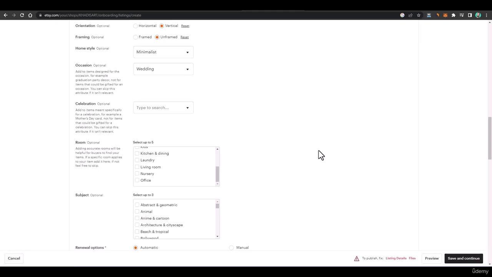You have to create multiple arts and just post them here, and you can join the Etsy communities to learn more about how to sell on Etsy, how to optimize the Etsy listings, and how to get more sales on Etsy and all that stuff. You can go on YouTube, you can go on Google, you can join multiple communities regarding that, and you will be getting a lot of information regarding that. So that was all about this lecture. See you in the next lecture.